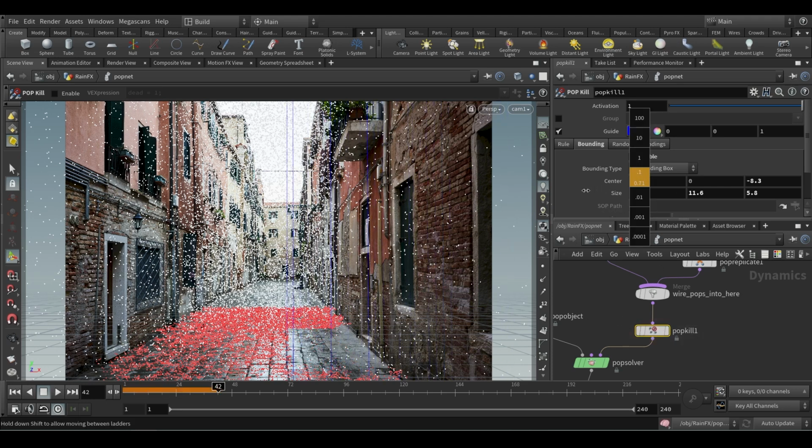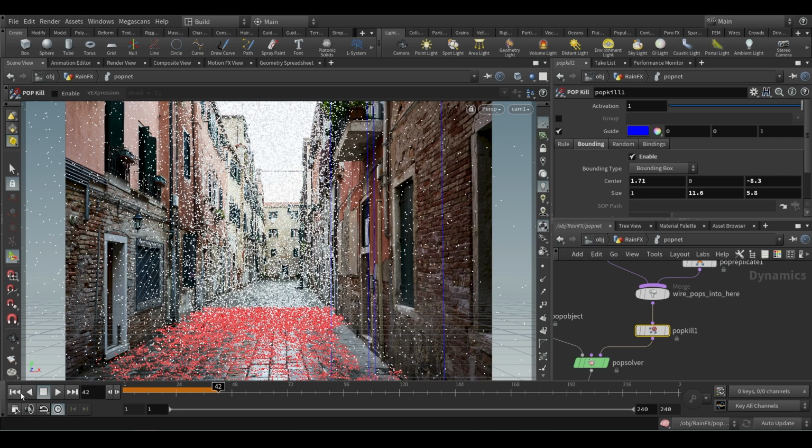You can see here I was adjusting manually, like wherever you want you can keep it. So it was manual, all the size. I kept it tall because I don't want any rain to generate in this area.